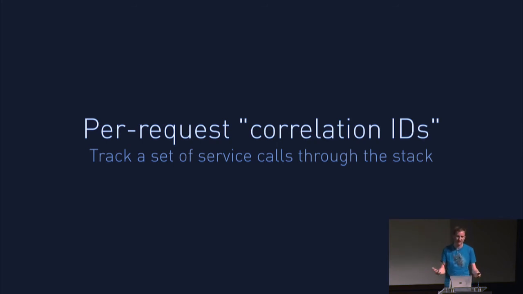Your web request goes, okay, I need to render a nav bar, so I'll call the user service. I need to render this event page, I'll call an event service, and all that sort of stuff. But the request has an ID, and that ID is given to those services, and if services call other services, they pass the ID along. And so you end up saying, okay, what things did this page request call? I can just look up all my logs with the correlation ID and see every single request call that routes back and starts at that page request.